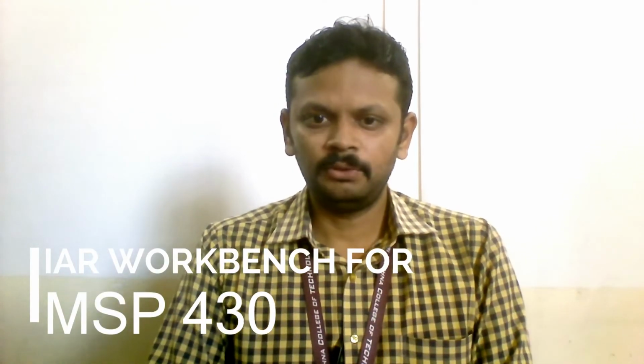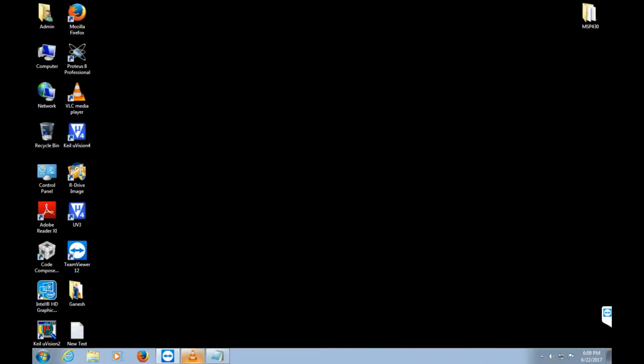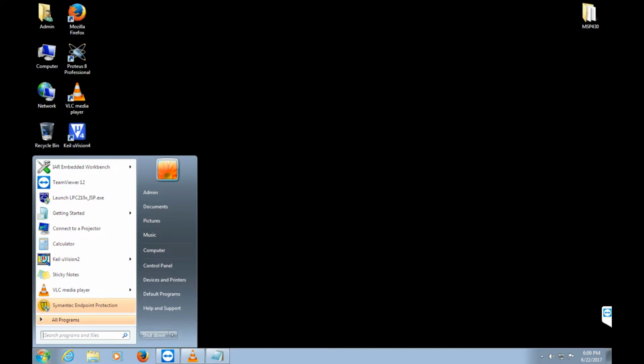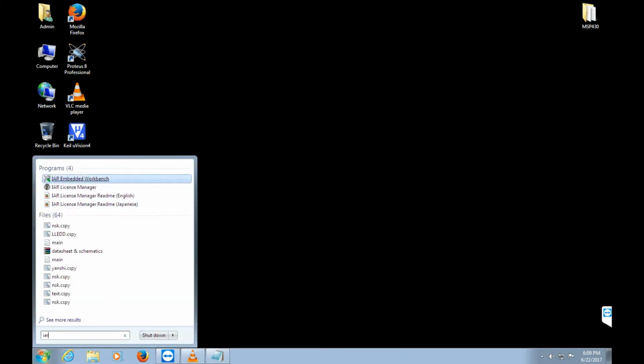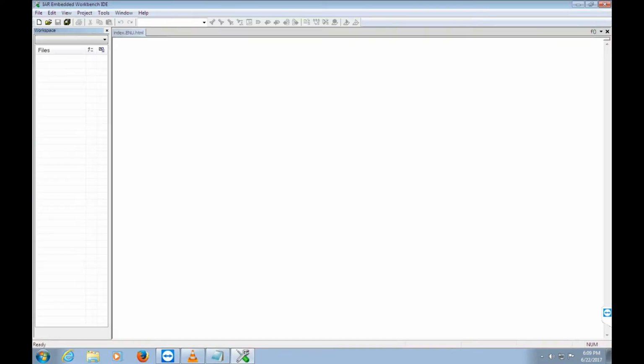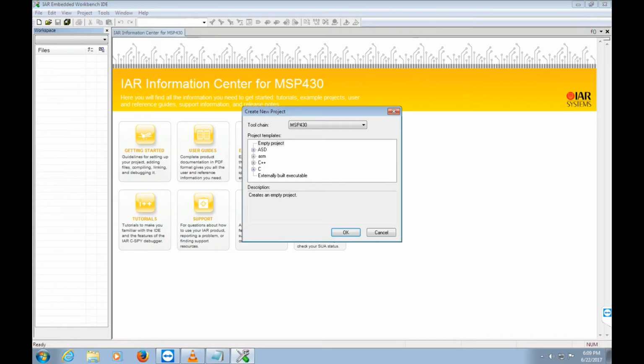Today we will see how to use IAR Workbench for compiling, debugging and uploading the program into the MSP430 microcontroller. We hope that you have installed IAR Workbench on your desktop or laptop. Please open IAR Workbench. When you open it, the first step is to create a proper project folder